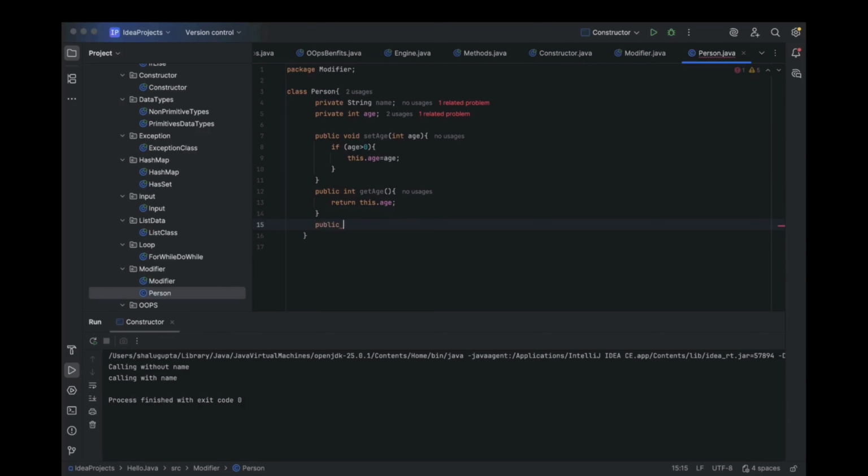public void setName, इसके अंदर हम पास करेंगे String name, this.name = name, और जो नेम आएगा वो सेट हो जाएगा, ठीक है।